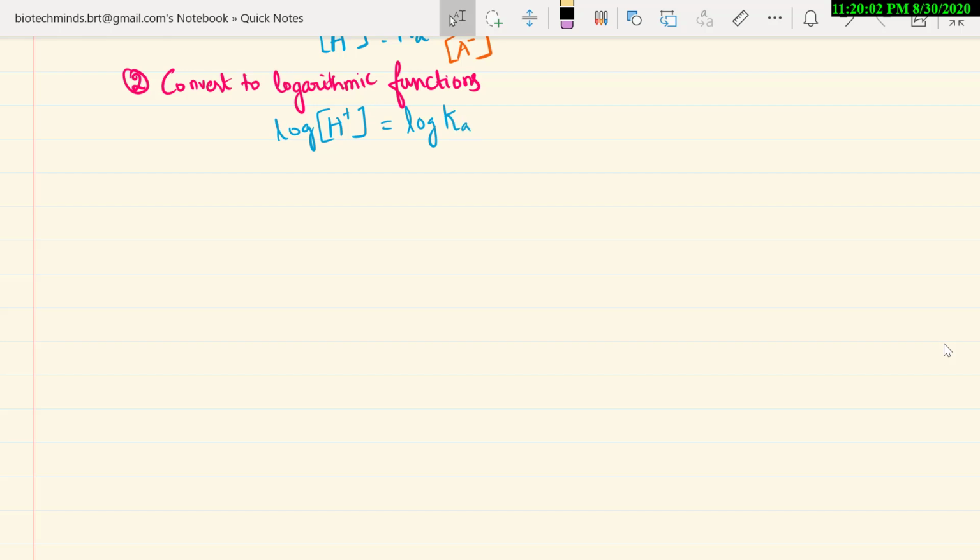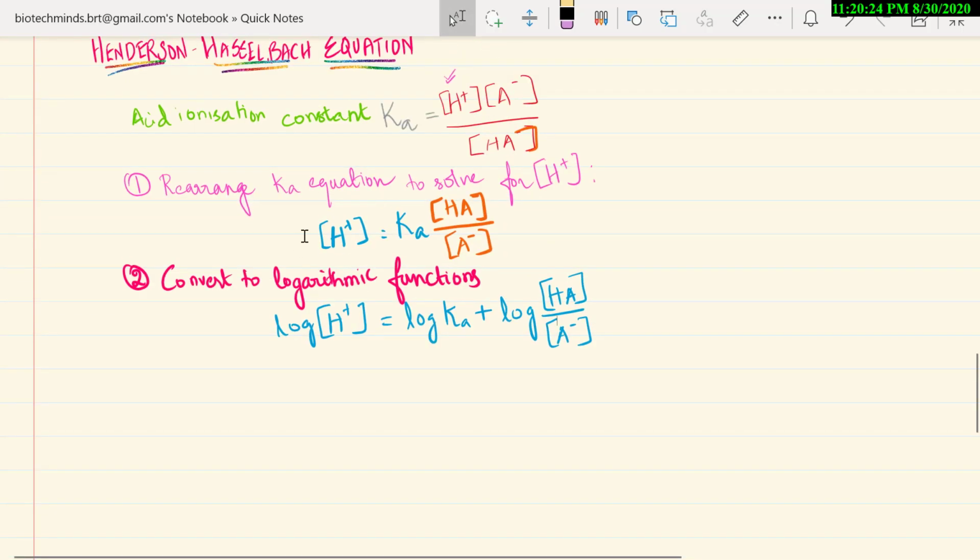Now this product is converted into, if you are converting into logarithmic function, then it becomes addition, then again log. These things I have explained in the derivation of pH itself. So what happened in this step? I have simply applied log here. So if I apply log here, actually this step and this step, how it is changed.